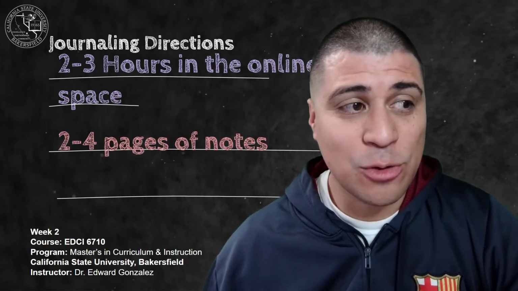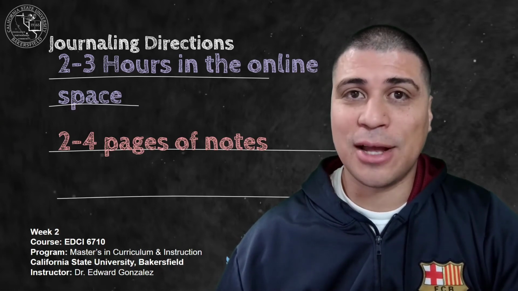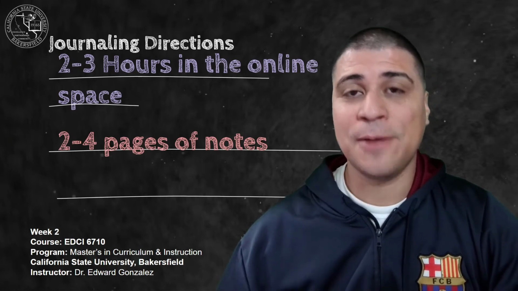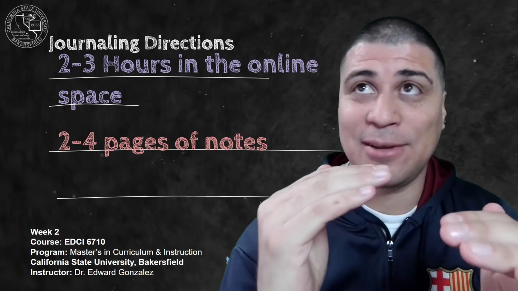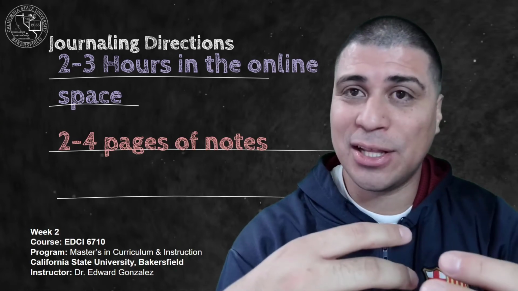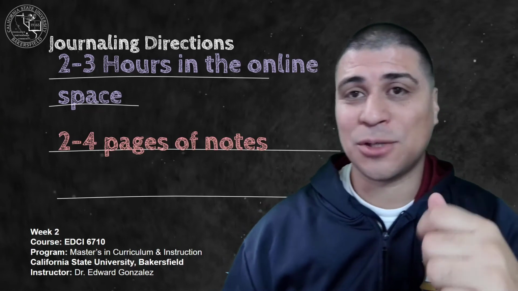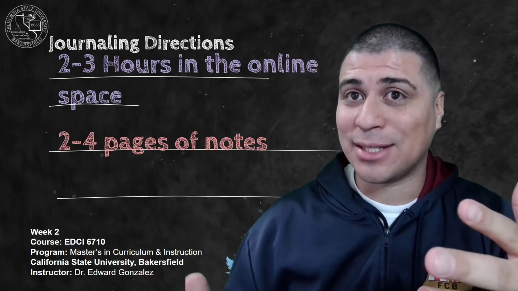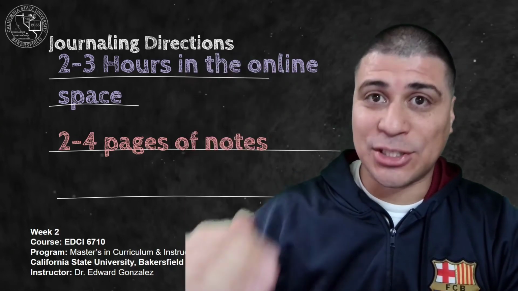The next thing is you only want about 2 to 4 pages of notes. Honestly, 3 is probably the sweet spot. And anything more is going to be a little bit too cumbersome for the next activity that comes. When you're doing your notes, you don't really want to give us a play-by-play, telling us exactly, minute by minute, what's going on. You're going to tell us more about what you're feeling, what you're learning as you go through it. You can give us a play-by-play on some elements. So for example, you could tell us, I saw this YouTube video and then I clicked and I went out of it and this is what I discovered. That's more than fine, but it shouldn't just be a stream of directions,